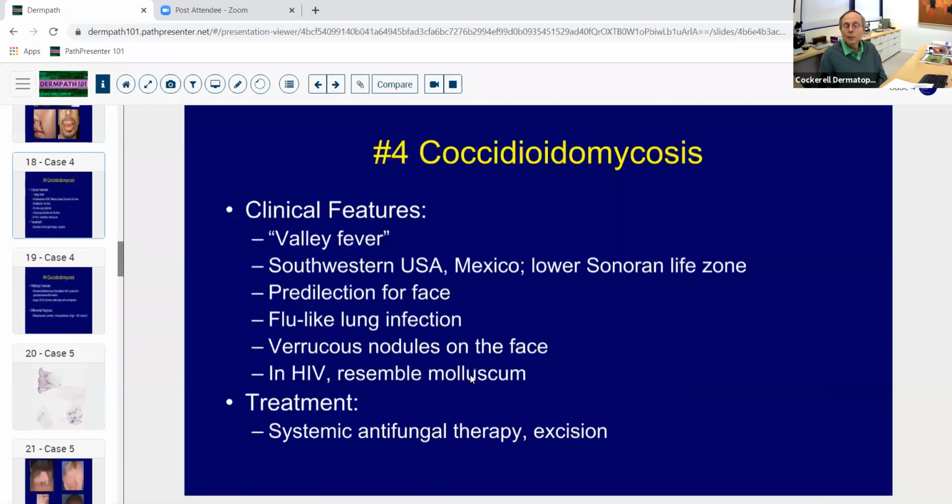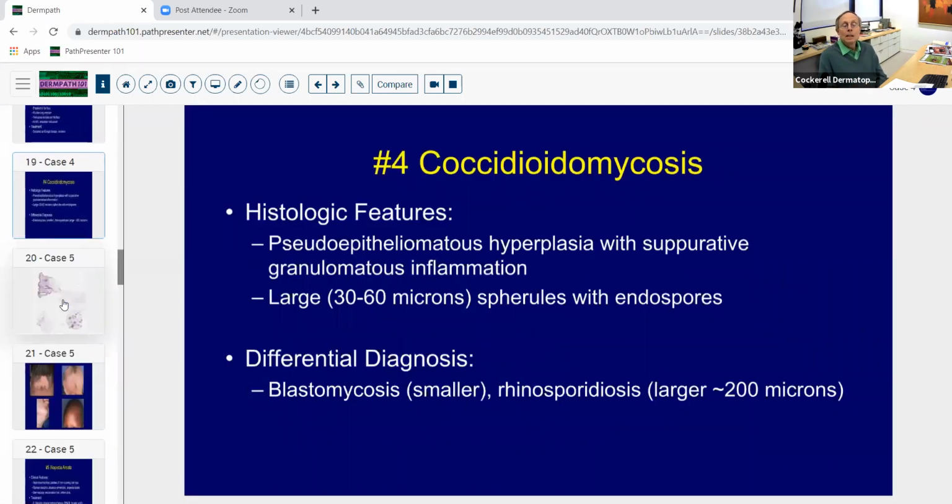And we actually see a few cases a year in our laboratory. We're not actually in the lower Sonoran life zone area in Dallas, but we see patients that come from that area. We see patients from Mexico, and so they can get cocci, and they bring it to our area. So just remember,